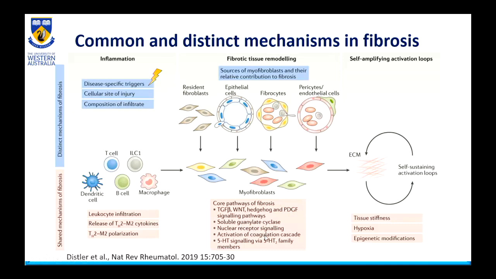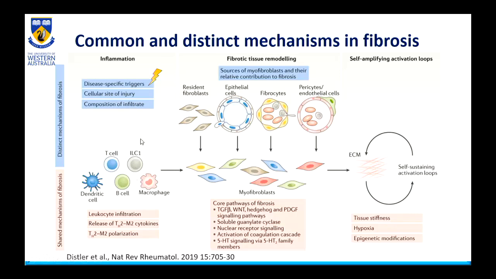Then you've got a whole range of other things that are listed here. Won't need to go into great details of them, but coagulation cascades, etc., we know are all involved. We know that the immune system is important. The differentiation into myofibroblasts is important. And then, of course, we have tissue stiffness. So fibrosis, imagine scars, hard and solid, and that leads to more fibrosis. So tissue stiffness is really important. Hypoxia, because we're not getting enough oxygen, and epigenetic modifications. So we have modifications to the RNA and DNA, which then leads to this production of ECM and self-sustaining activation